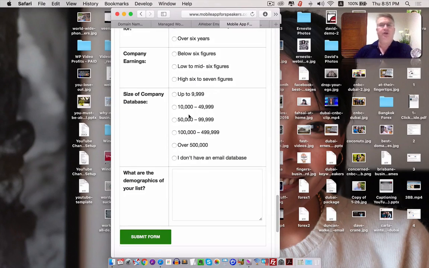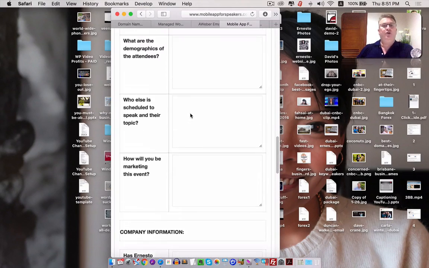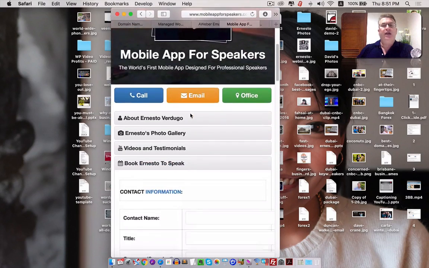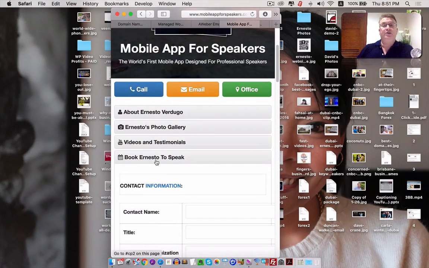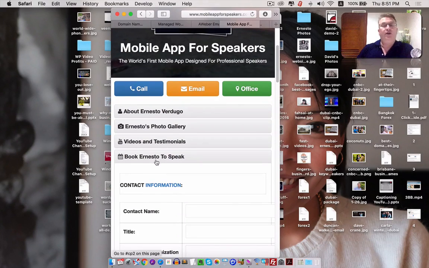Even if it's for free and you get paid on the back end, a split on selling products and services, which again, if you want anything like that, talk to me and I can help you out. So can Ernesto, so can Mitch. Bottom line is we can even have a contact form, whatever you want. All of these tabs can be relabeled. So book Ernesto to speak and say, speak to Catherine, speak to Brian, whatever you want, okay?